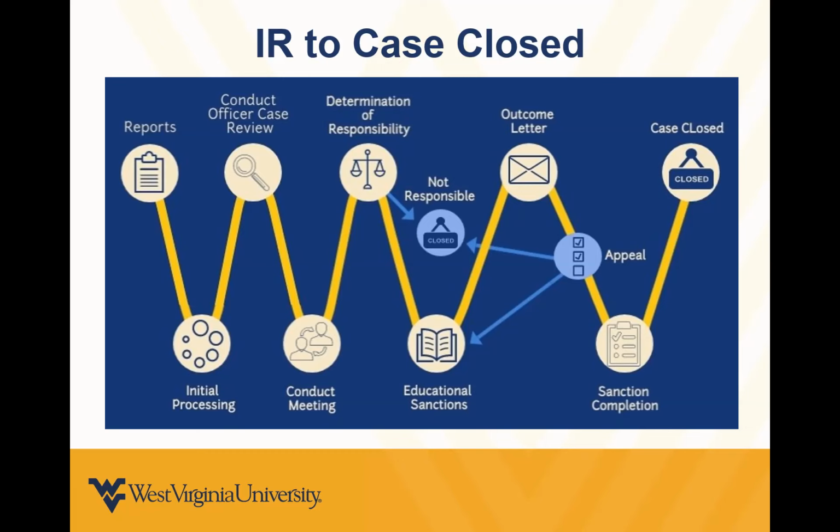During the initial processing, we will turn the report into a case and do an initial assessment of the documents. One document is the incident report, and if it's poorly written, we will send it back to staff members to rewrite. If UPD was involved in the incident, the police report is added to the case. Sometimes cases need to be reviewed by different offices, so appropriate referrals are made.